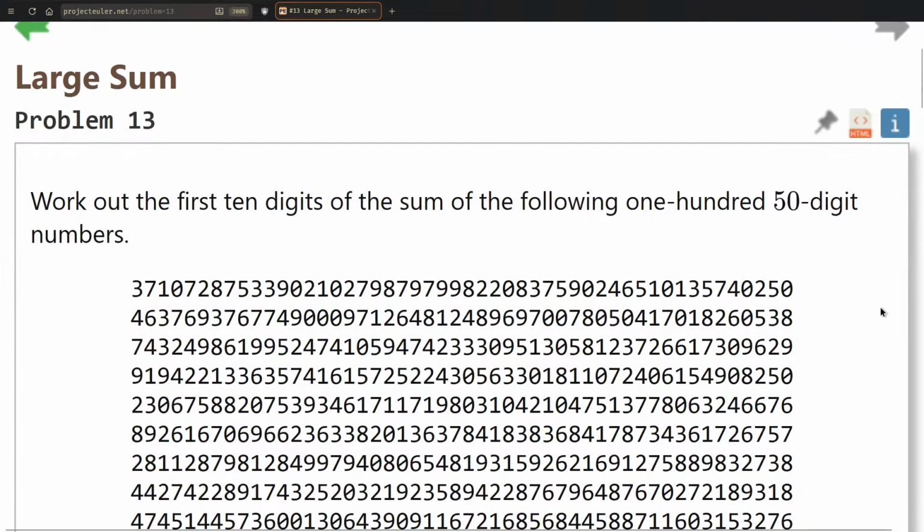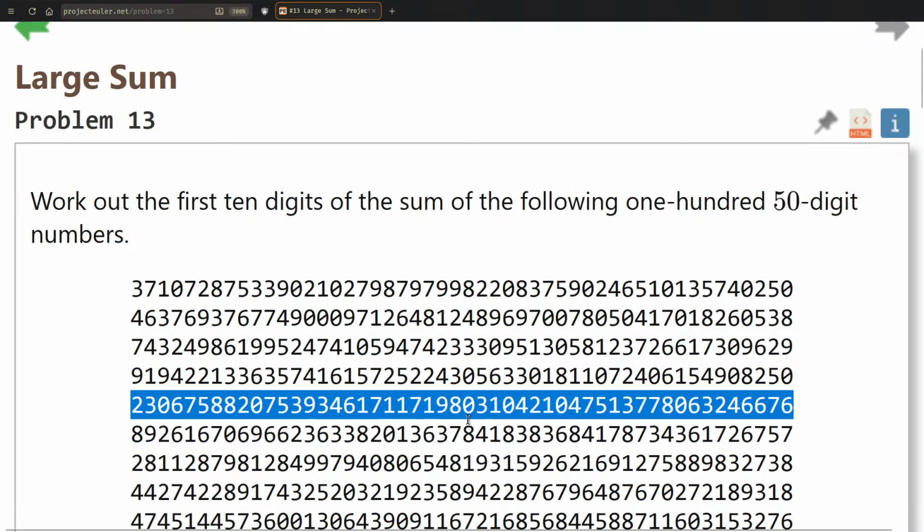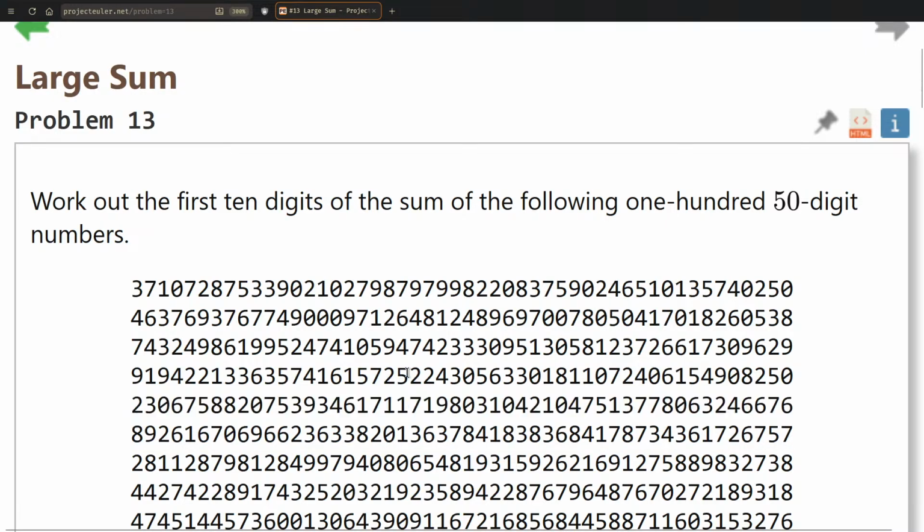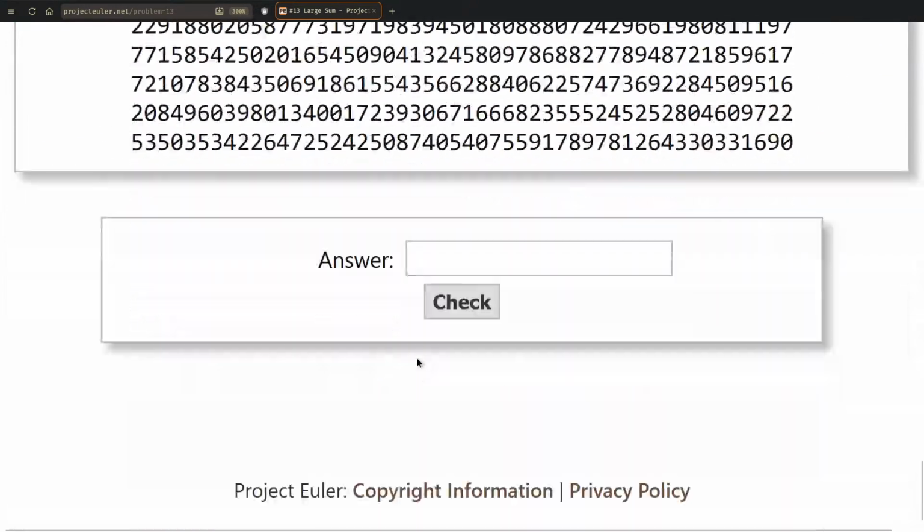Okay. Work out the first 10 digits of the sum of the following 150-digit numbers. Okay, so really, I want to sum this. Get the first 10 digits. Patrick Wellburn says, well done, thank you. Okay, so